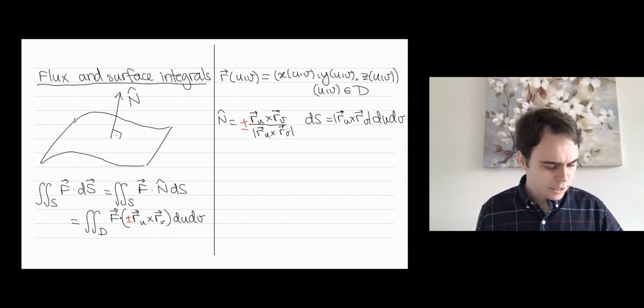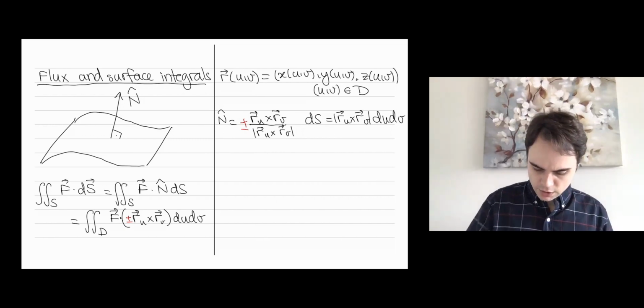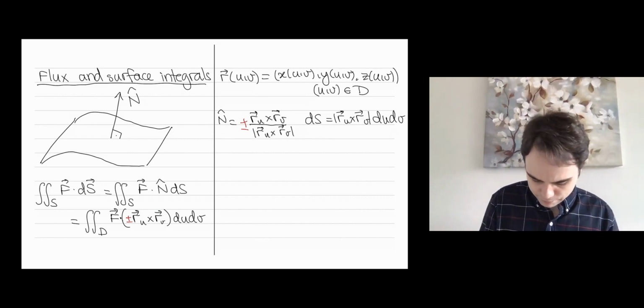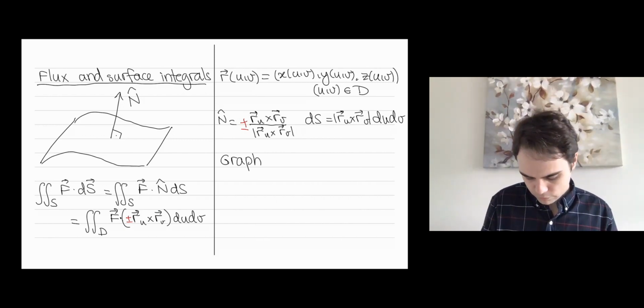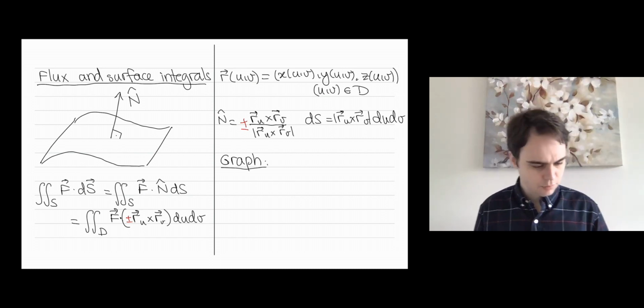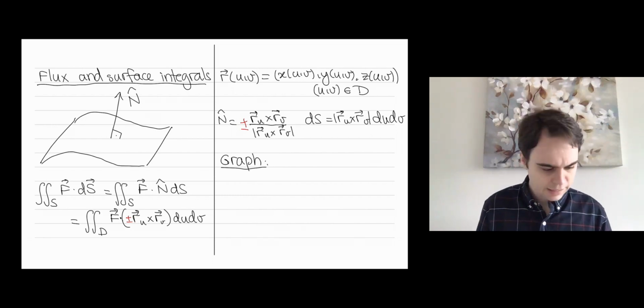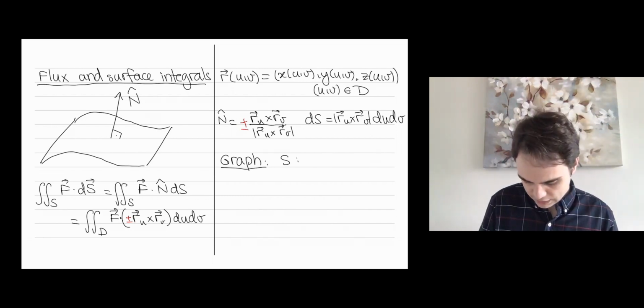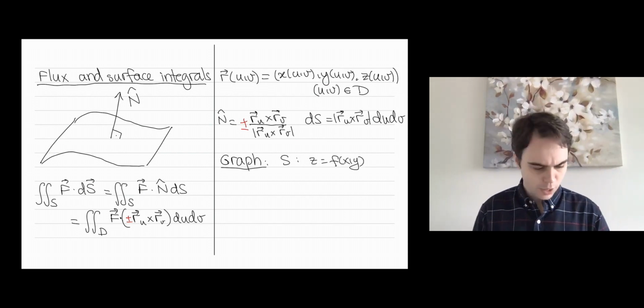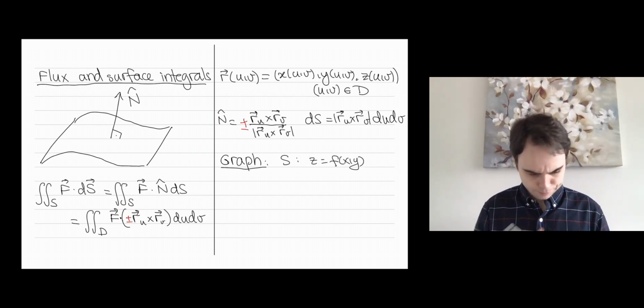So the most common case is that of a graph. Let me at least give you an idea of what happens in that case. Here our surface S is just given by the equation z equals a certain function of x and y. So in this situation,